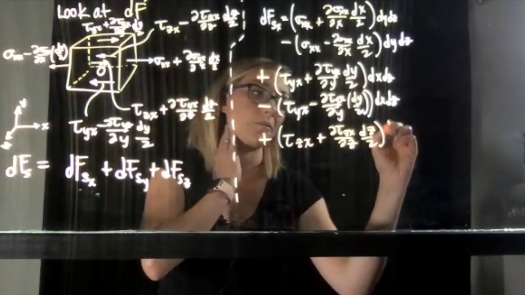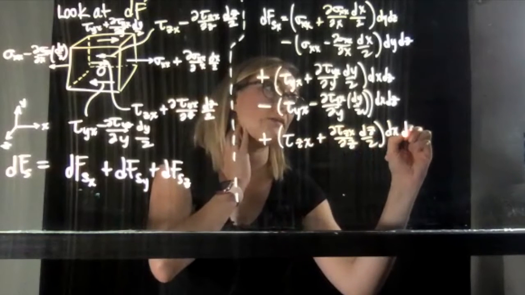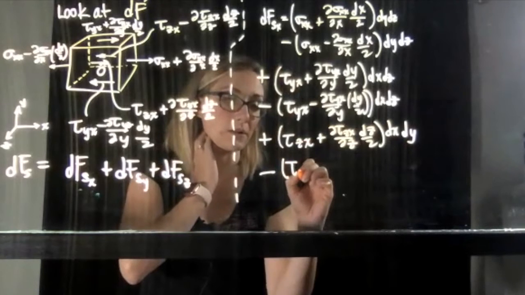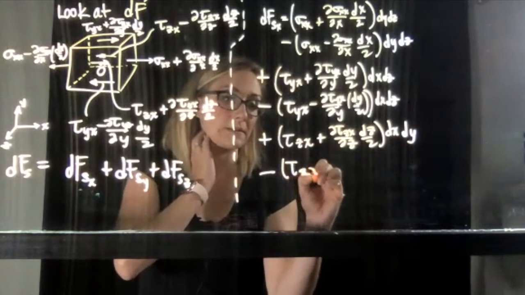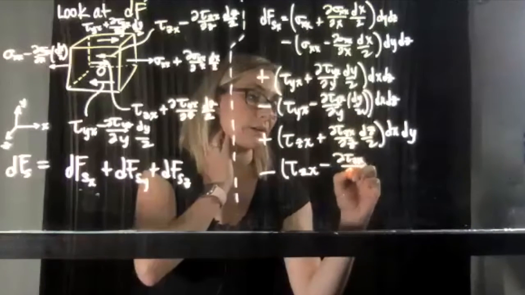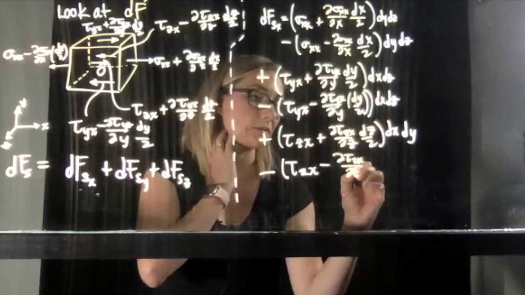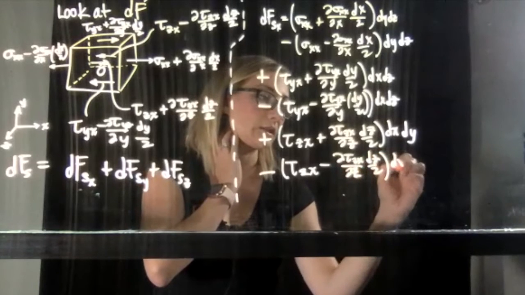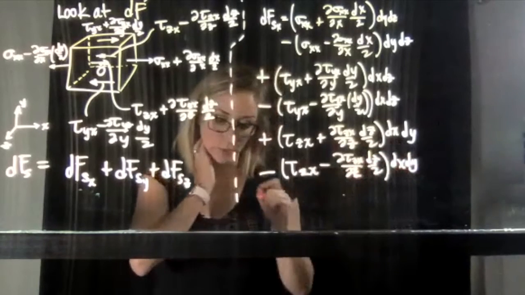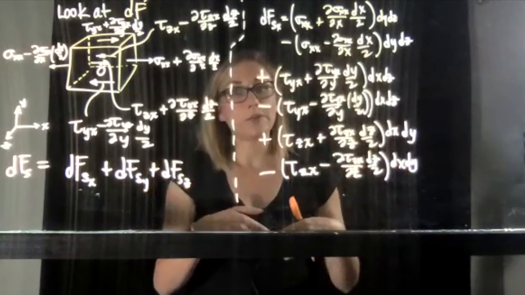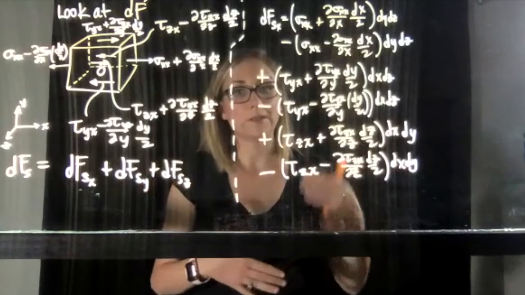Here the area would be dx dy, and then minus tau zx minus tau zx partial z dz over 2 dx dy. Okay, and when we look at this, again, like how we saw before with conservation of mass, we get a lot of things to